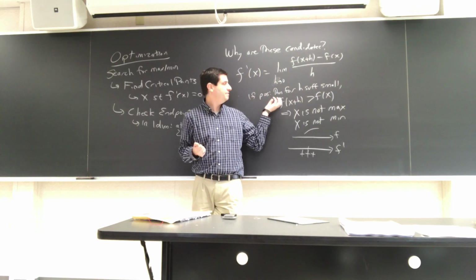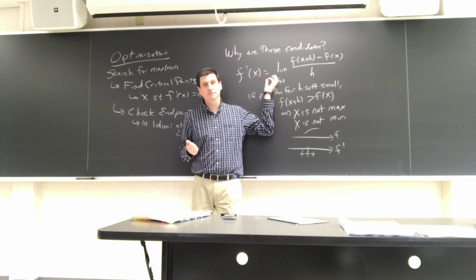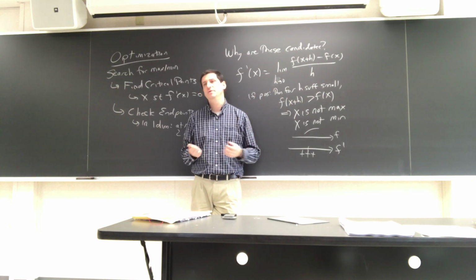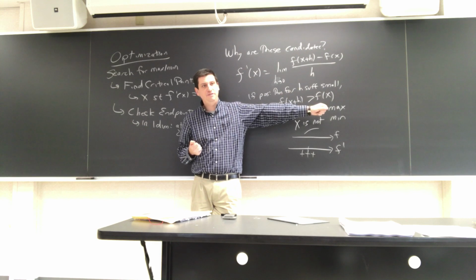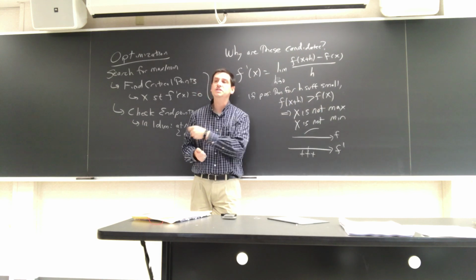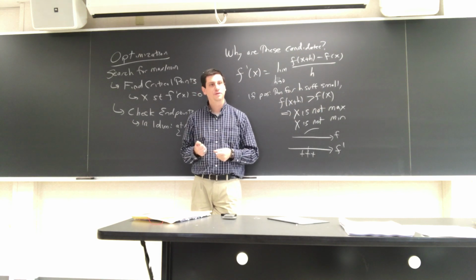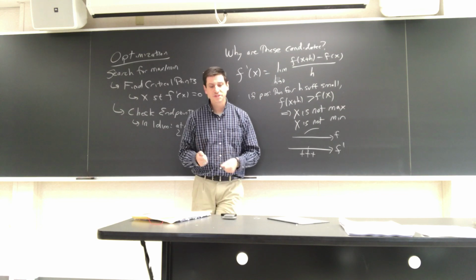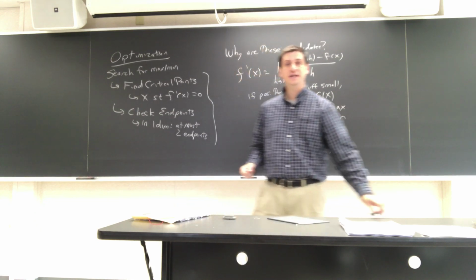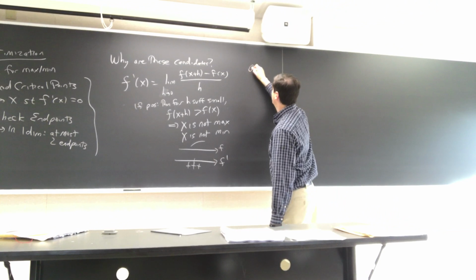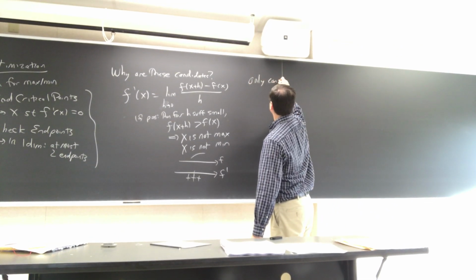What would happen if f prime was negative? Well, essentially the same argument. Now you'd be decreasing if you go a little bit past x, and increasing if you go a little bit before x. So what this tells us is the only possible candidates left